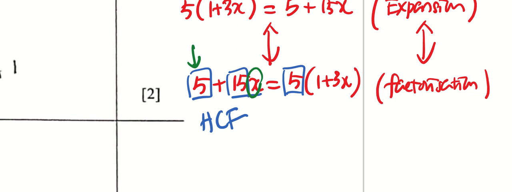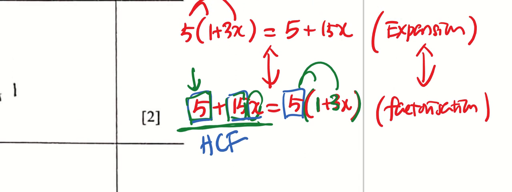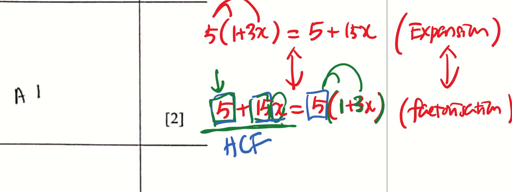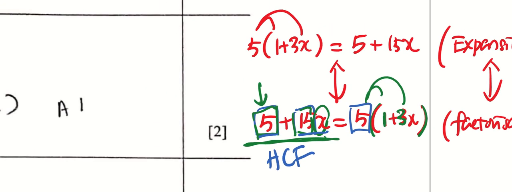All right, so here we drew out the 5, and whatever is remaining in the bracket is such that if I rainbow back the 5 in, I should get back the expression on the left hand side. Okay, so essentially, this 5 over here, you take out a 5, you have 1. 15 here, you take out a 5, you're left with 3. So this is factorization, the opposite of expansion. Okay, if you're not too sure about what factorization is, do come and find me, right? Seek help or do some practice on your own. It's actually the reverse process of expansion, particularly the rainbow method in this case.